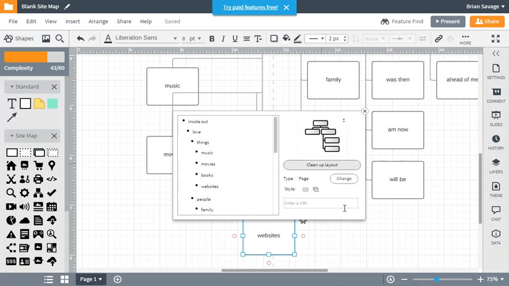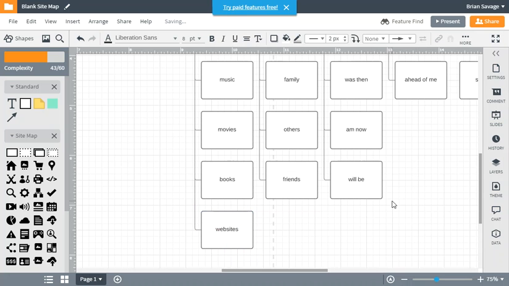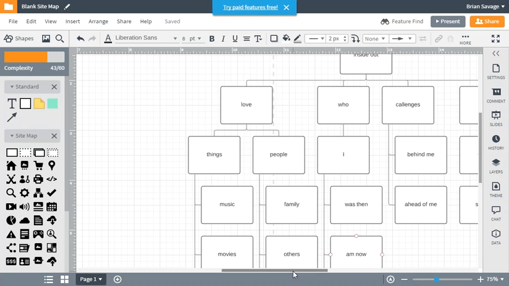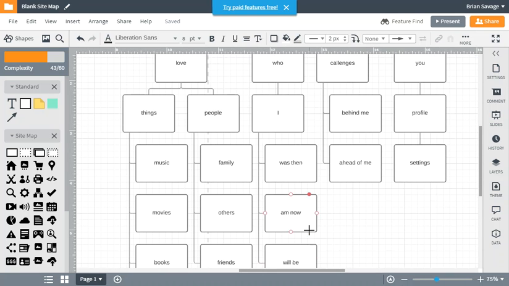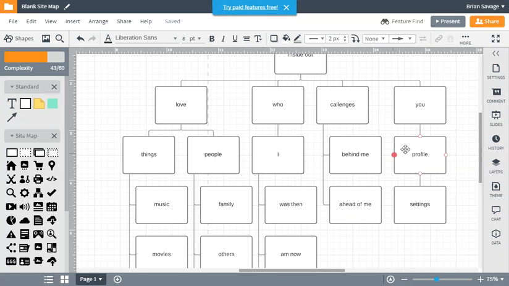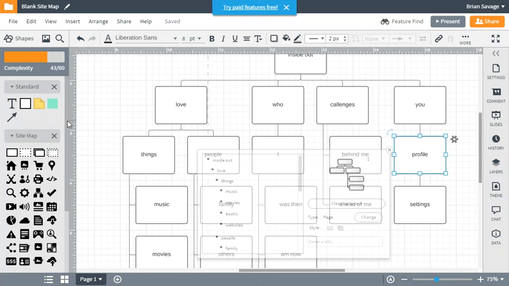We'll get our properties up, and we'll clean up layout once again. And if you notice, now we have this nicely laid out chart that allows us to see exactly the structure of the site that we want to build, and we can use that as a guide. You can come in and you can add some color